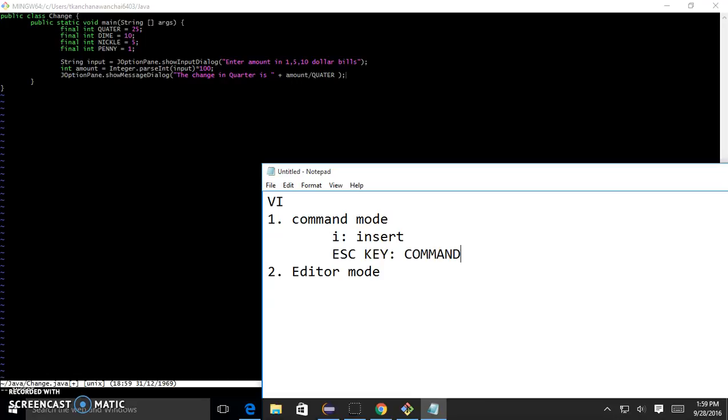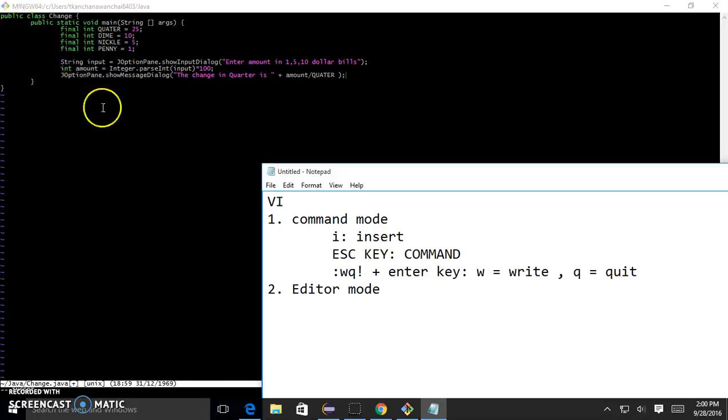It's going to have the command line for you at the bottom, where you're going to type colon WQ exclamation mark and then the enter key. W stands for write, Q stands for quit. So write is you just want to save this file that you just typed, and quit just exits